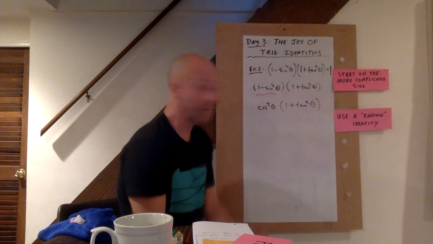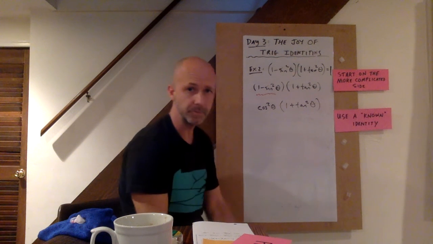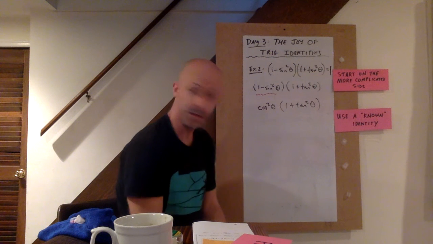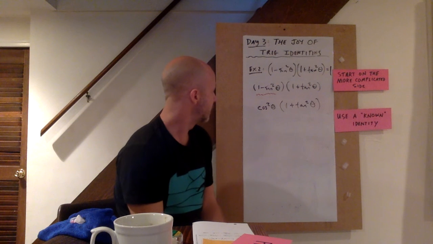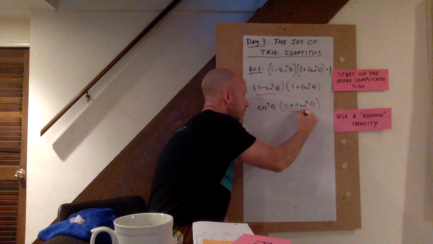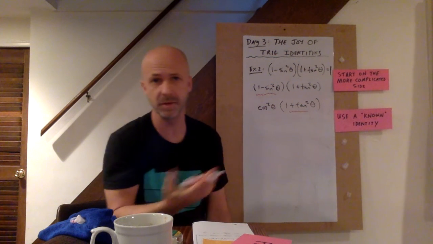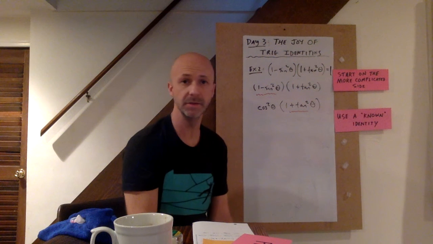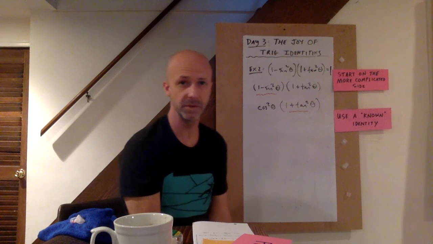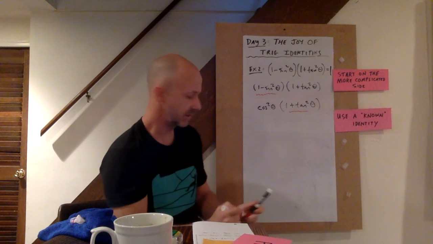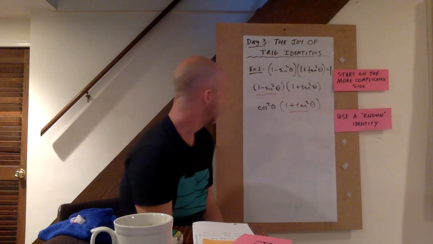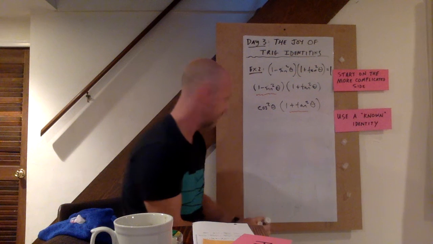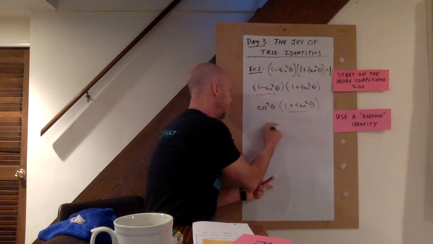Great. And now you might think, hey, I'm going to distribute the cosine. If you did that, you'd probably solve it in a couple steps or so. But I want to point out that there's another known identity in this problem, and that's 1 plus tan squared. As a consequence of sine squared plus cosine squared equals 1, we were able to derive 2 other Pythagorean identities, one with secant and tangent and another with cosecant and cotangent. This is the secant and tangent variety. So I'll sub out 1 plus tan squared for what is always equal to for all values of theta, and that is secant squared. So I'll have cosine squared